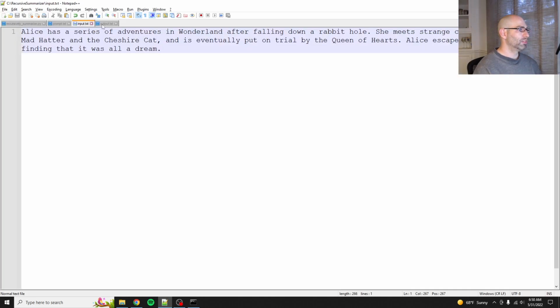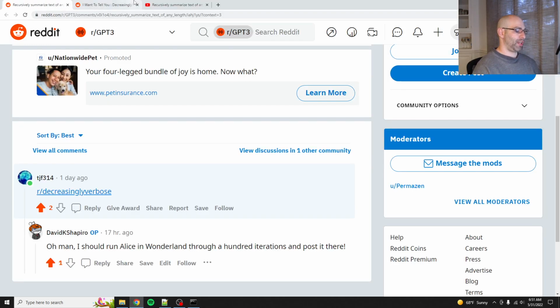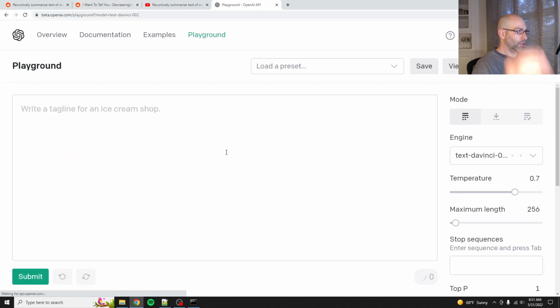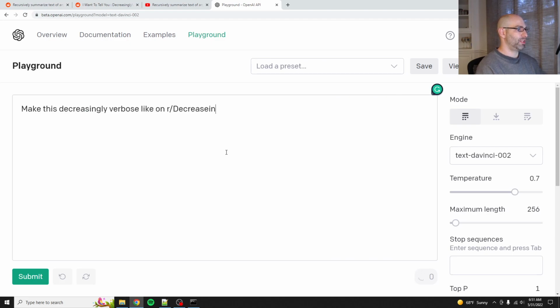Aw, it just said the same thing. Okay, it didn't do quite a good job at becoming decreasingly verbose. So now we've got to improvise. Make this decreasingly verbose, like on r/decreasingly verbose.